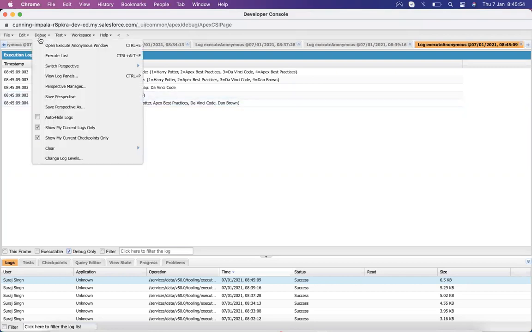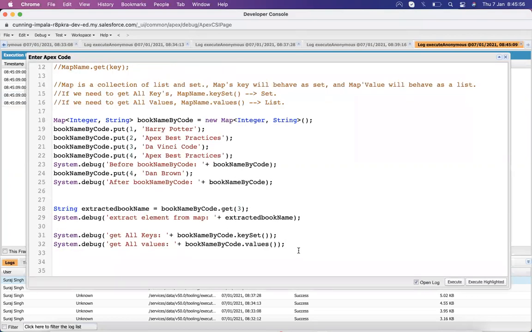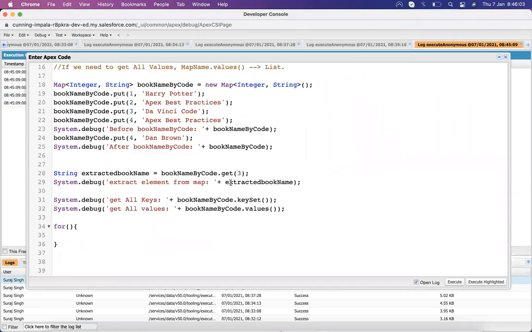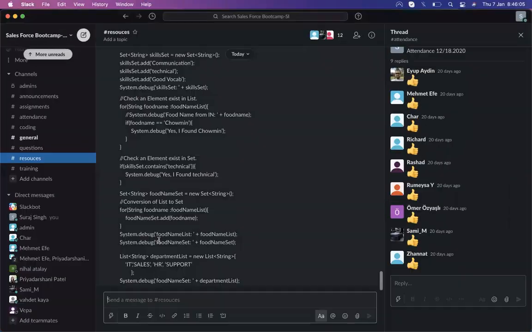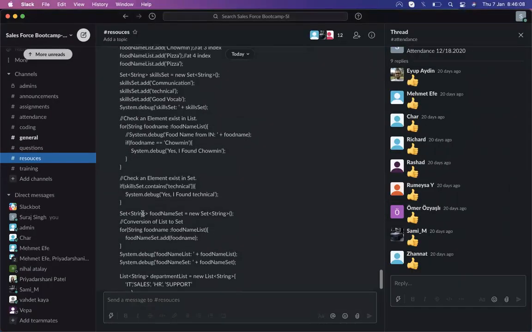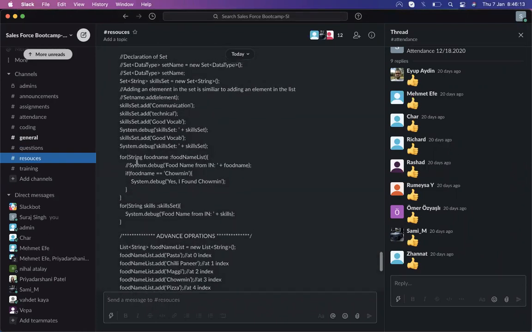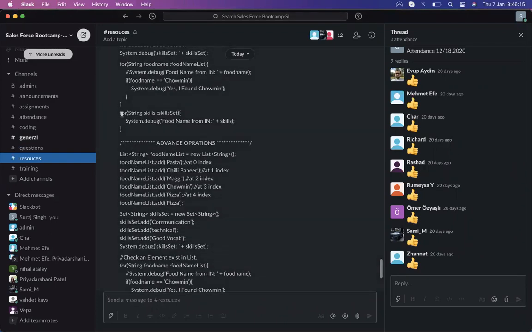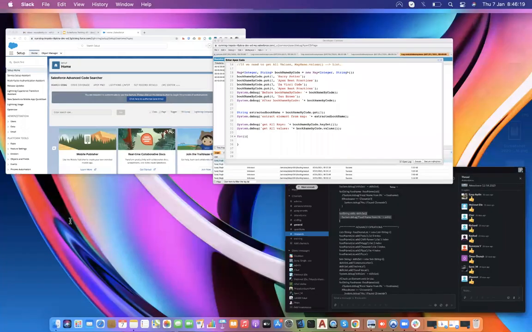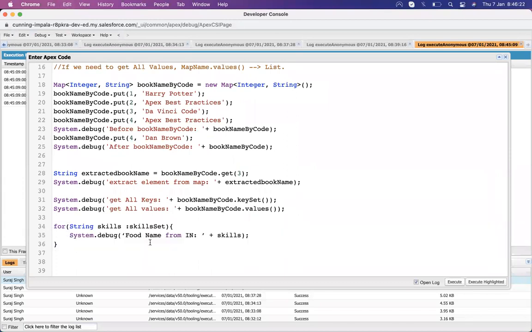So how do we perform a loop? We have learned that we can perform loops on a set, like here with the skill set. Just like that, we can perform loops here too.